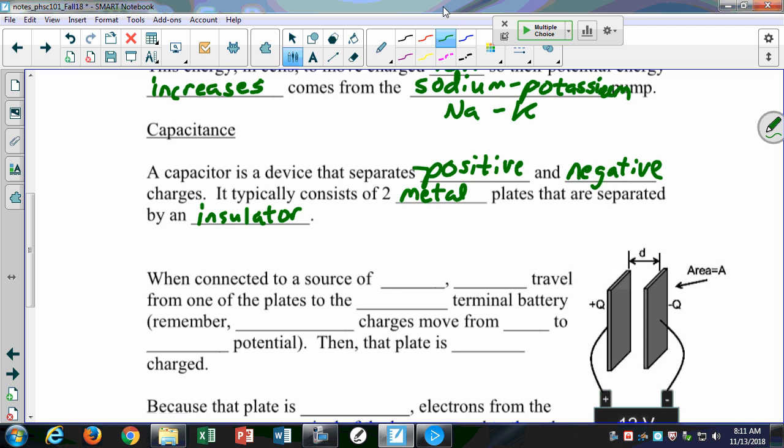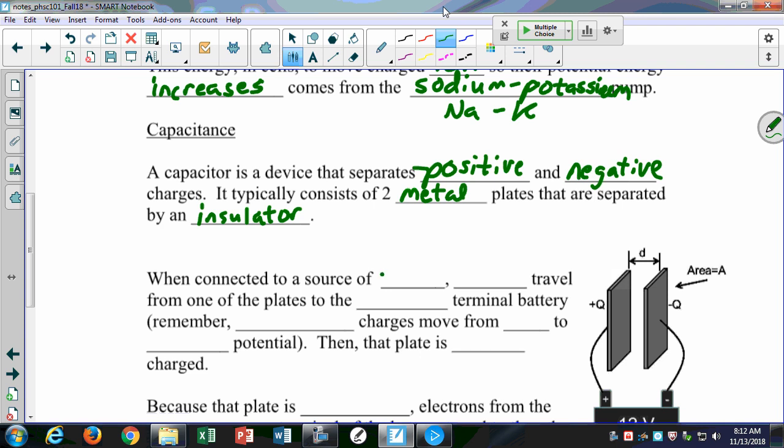Now, it's different from a battery. A capacitor is quite a bit different from a battery. A capacitor by itself doesn't do anything because it's just two metal plates. It's what we call a passive device, whereas a battery is an active device, that it actually will give charges energy. When connected to a source of